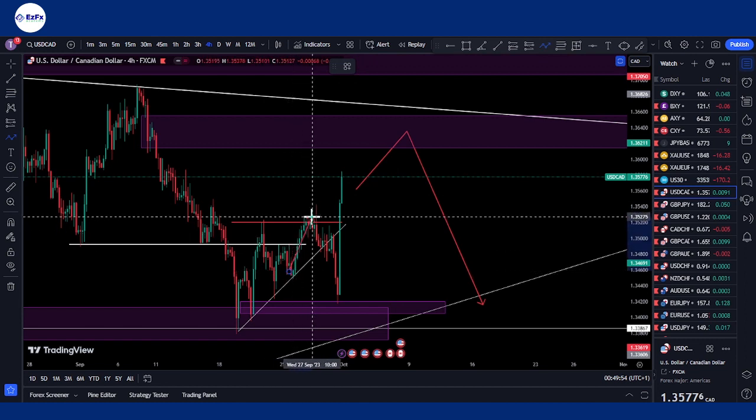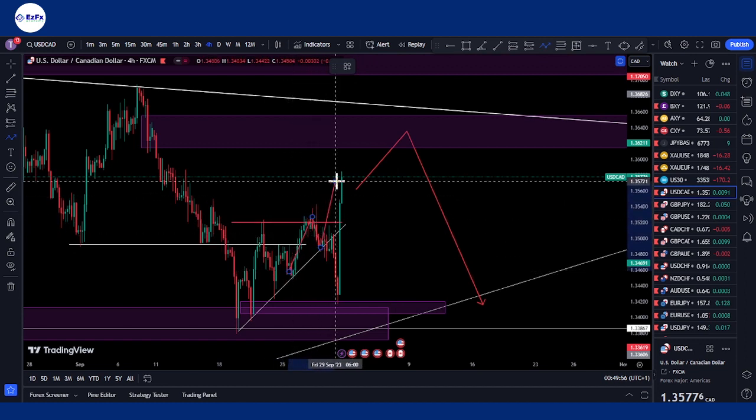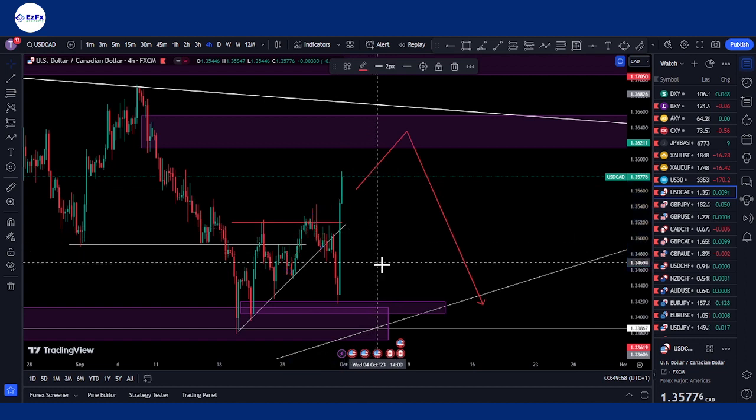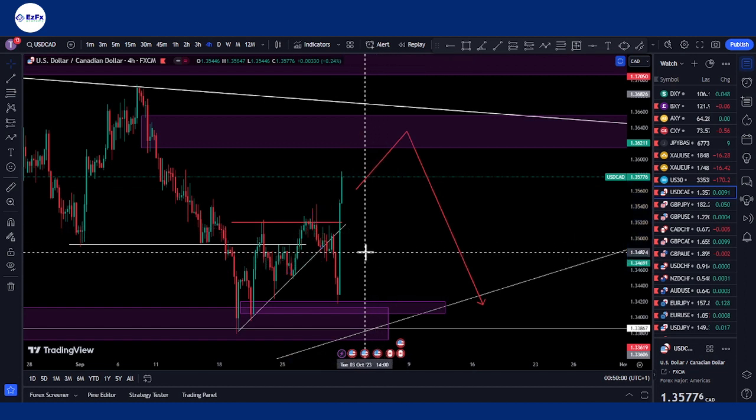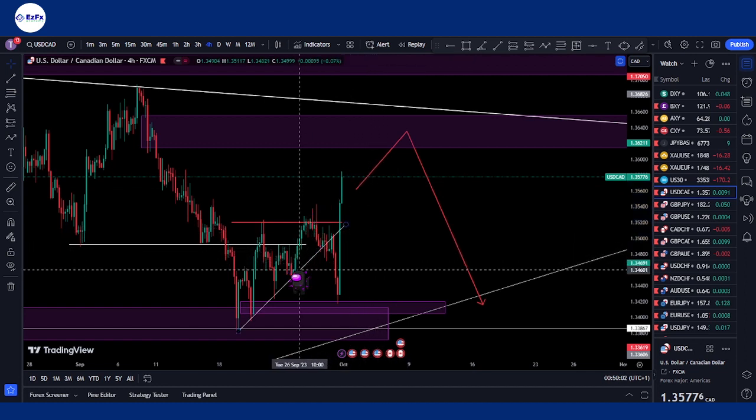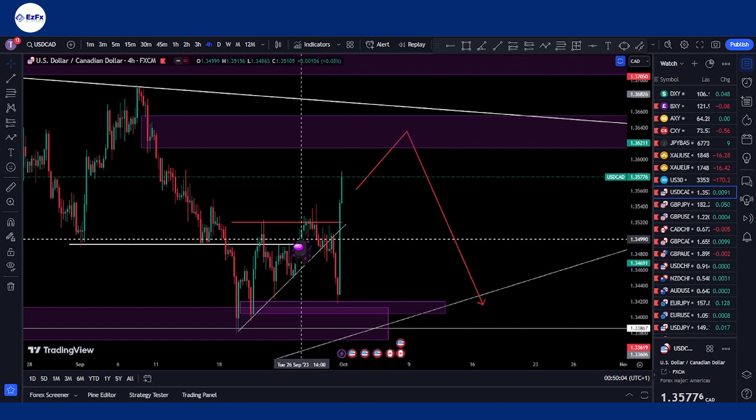So yeah, it was a buy to sell. All right, yes, I remember. So we're expecting a buy to sell to buy on USD CAD during the course of the week. However, that was last weekend. We got to see a buy to sell.